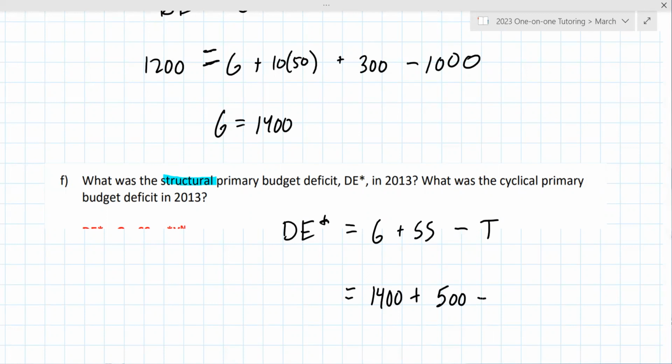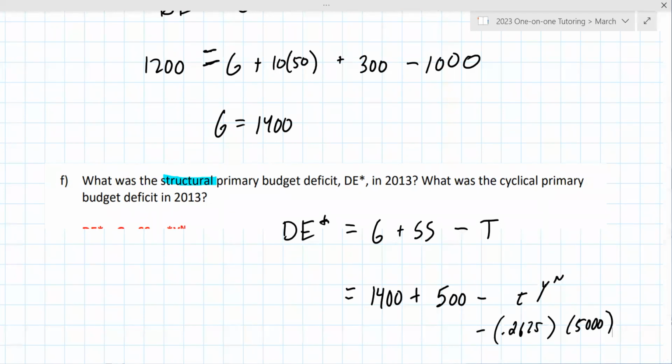And I don't know why you go back to using a new equation for T, because in the previous problem we just used the tax from part B. So they go back to using this tau y to the n. The tau is that rate we found, and y to the n is the 5,000. Again, I would probably ask that. I'd want to know why I'm not just using